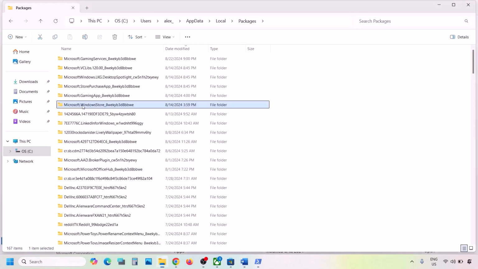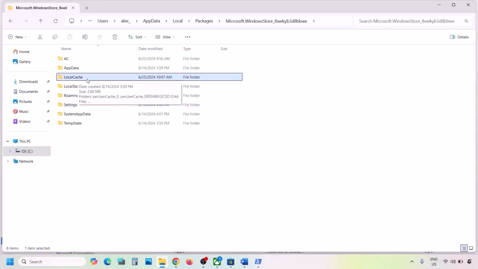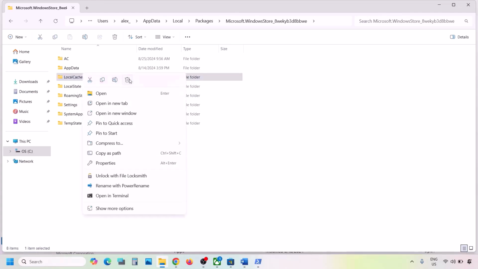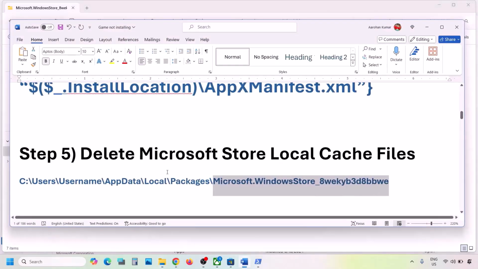So over here you can see Microsoft Windows Store underscore some alphanumeric character. Open this folder and over here you can see LocalCache folder. So you have to make a right click and then delete this LocalCache folder, and once this is deleted, now you can check. Now if you're still facing the problem,